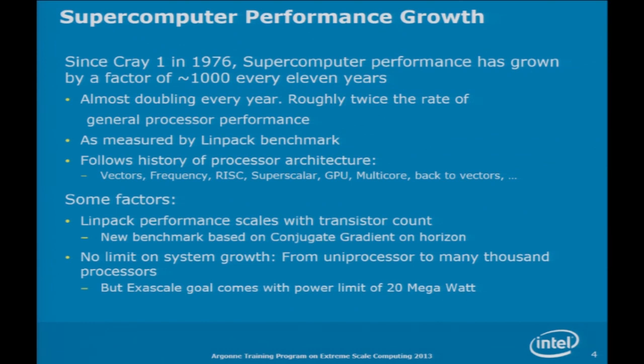Exascale performance comes with a limit on power. They really want Exascale performance at 20 megawatts. And suddenly, that's a new twist on the history of supercomputers, that there's a power limit. Until now, power has been an issue between your accountant and your power company, and how do you deliver all this power. When you turn these systems on and off, usually you had to tell your local power supplier that you're going to do that. As you draw 20 megawatts from your Edison company, it makes a big difference.